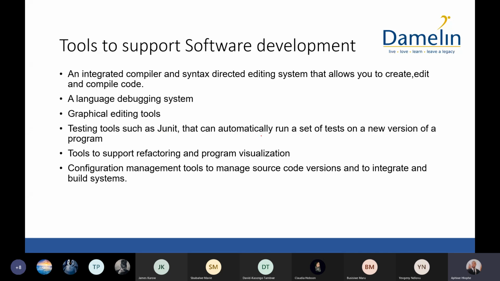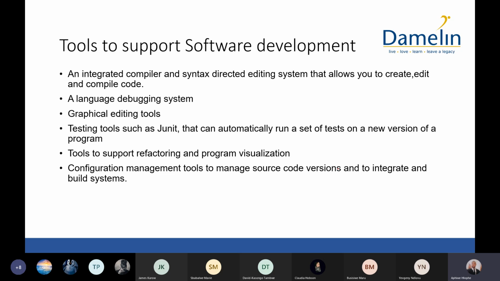Testing tools such as JUnit that can automatically run a set of tests on a new version of a program. There are other testing tools available online with which you can write code and test it online without having to edit or test on the actual project that you are working on. And then you also have tools to support refactoring and program visualization. And then we have our configuration management tools to manage source code versions and to integrate and build